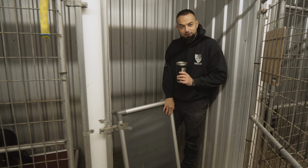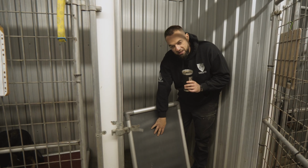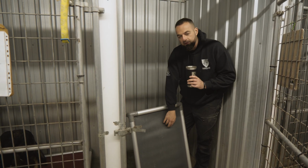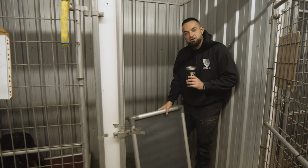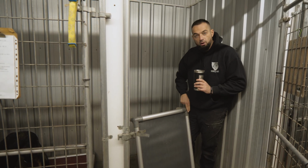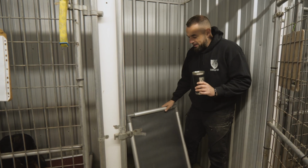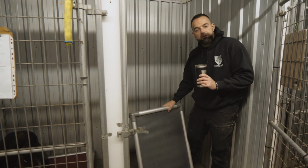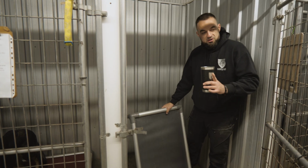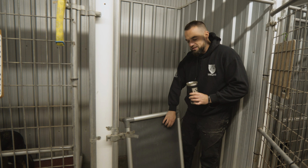I say it's difficult to ruin because it's not impossible. We have dogs that do dig up the canvas and eventually chew their way through the canvas, but the fundamental structure of the bed with the aluminum legs and the steel corners make it very, very difficult for dogs to ruin. And again, everything being impermeable makes it really, really easy to sanitize and clean. So you'll see that every kennel here, with the exception of very few dogs, will have access to a Kuranda